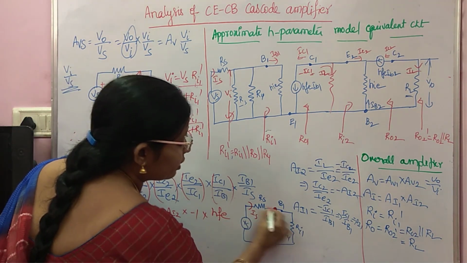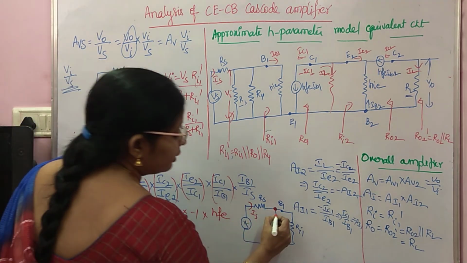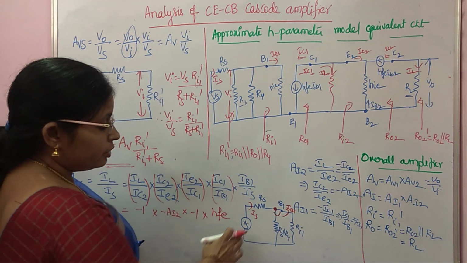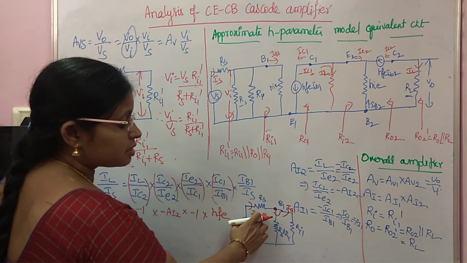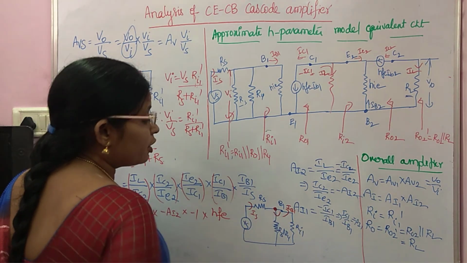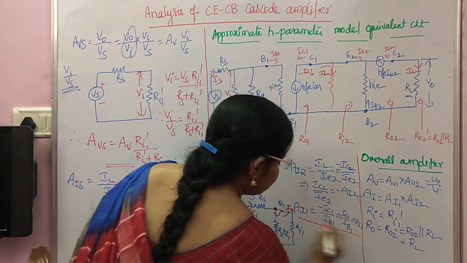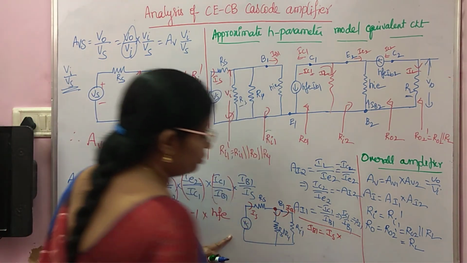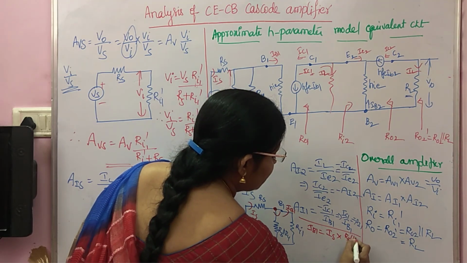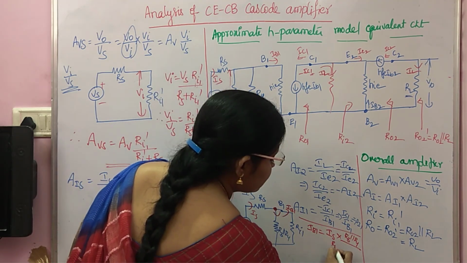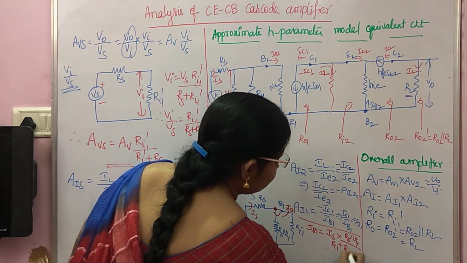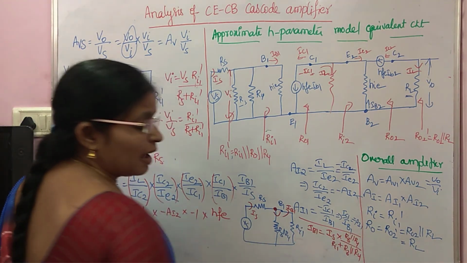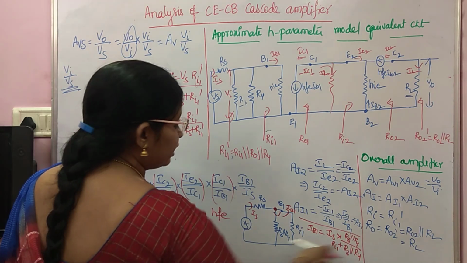Now the IS is going up to the node. Then it gets divided like this. This current is nothing but your IB1. So the total current is IS. It gets divided into two parts. This part is nothing but IB1. So what can you write here? IB1 is total current IS into the opposite resistance, R3 in parallel with R4, by the sum of resistances, Ri1 plus R3 in parallel with R4. So you can write IB1 by IS as R3 in parallel with R4 by Ri1 plus R3 in parallel with R4.